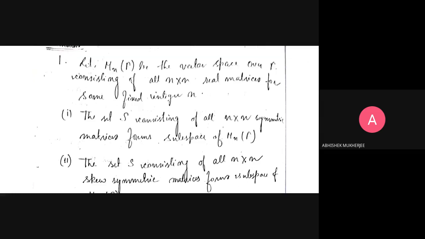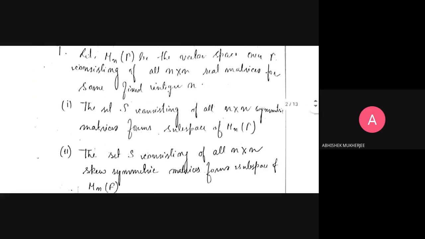For that reason, A equal to A transpose. If we take another matrix B from S, we also can say that B equal to B transpose. Now I will come to the property that (A plus B) whole transpose equals, we can easily say, A transpose plus B transpose, from the property of the transposition. And here we can say that it is A plus B. So the first condition is satisfied.